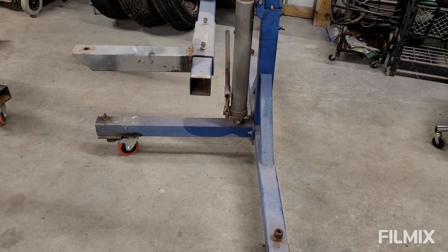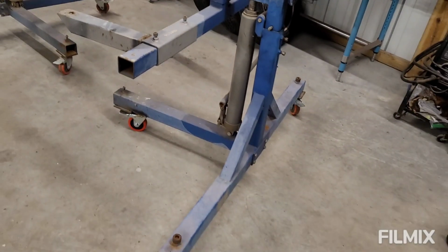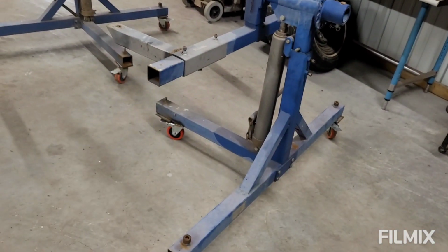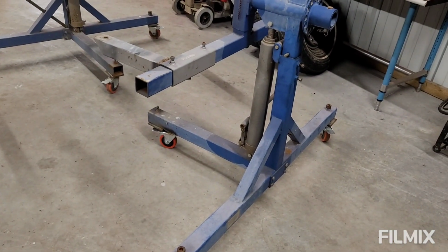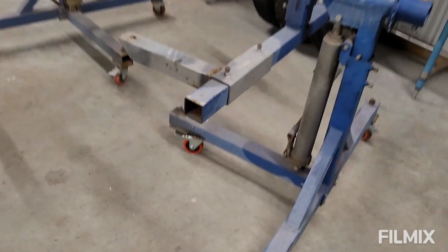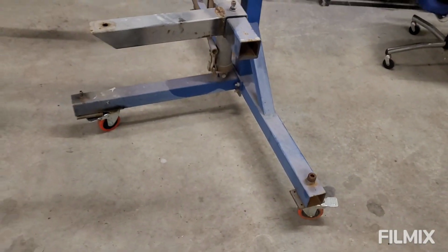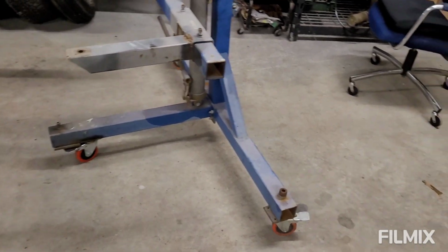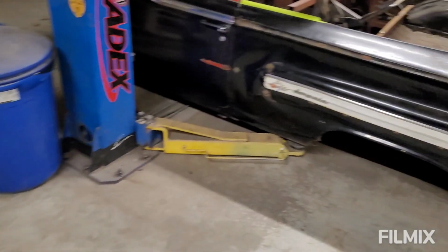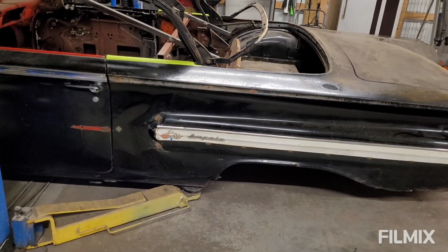I'm going to be having this car sandblasted and all that, and the last thing I want is the car to roll over. So kind of a brace sticking out the middle, detachable. I got the materials for that. And just going to kind of revamp it, probably cut these off and re-weld them, and spend a few hours on that. Then we're going to get this thing back on the rotisserie, flip it sideways, finish welding the braces underneath,